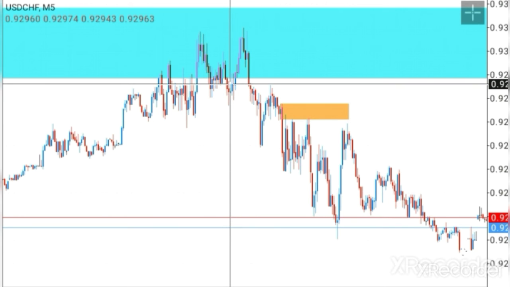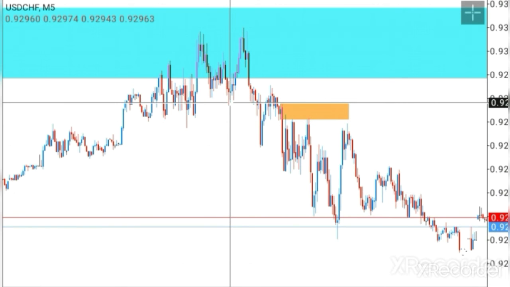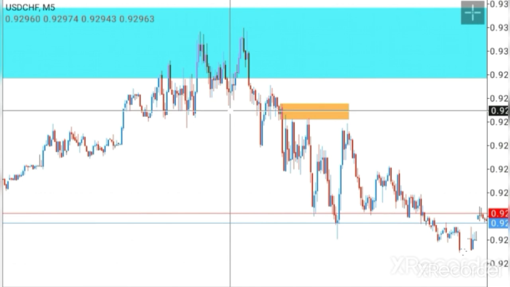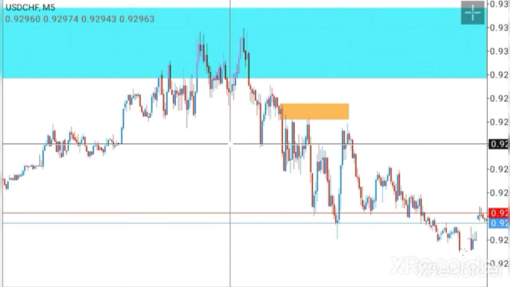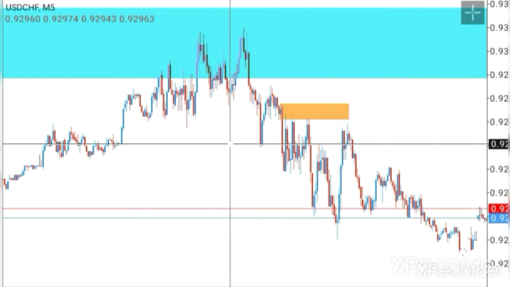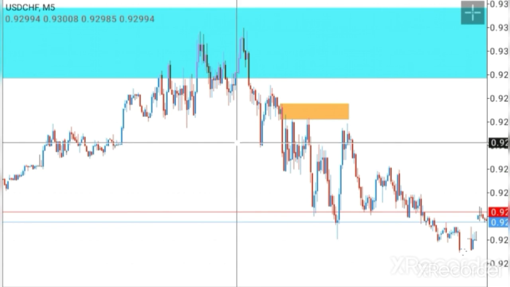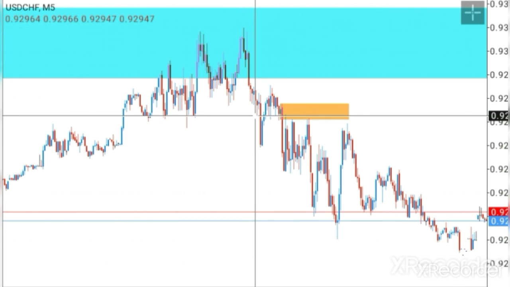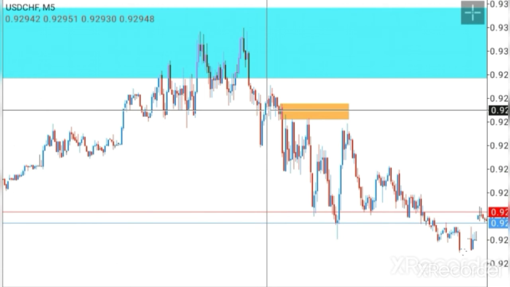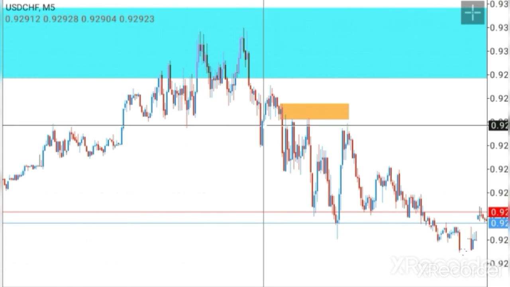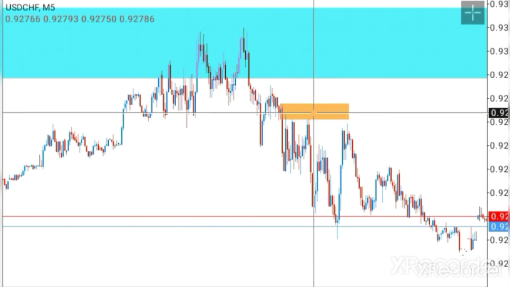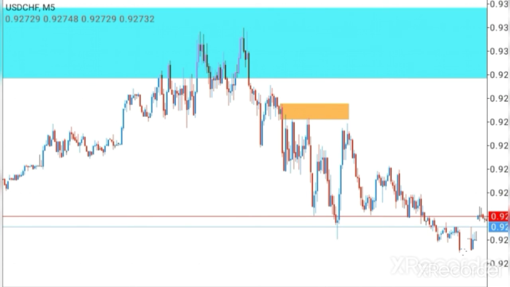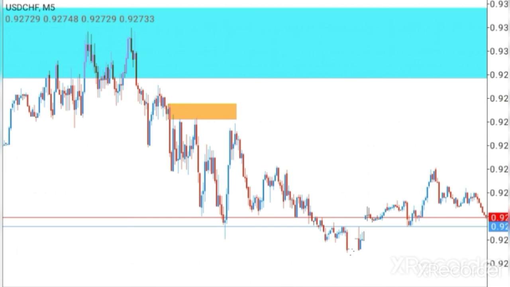Price came down, broke this higher low. That is number one break of structure. And price pulled back and came back and broke the second structure here. Can you see that? Double break of structure. Now, the opposite candle that gave rise to this break of structure is your OB. So you mark that out as your lower time frame OB. Now, price came back and tapped into our lower time frame OB, and look at how aggressively it dropped. Look at how it dropped.